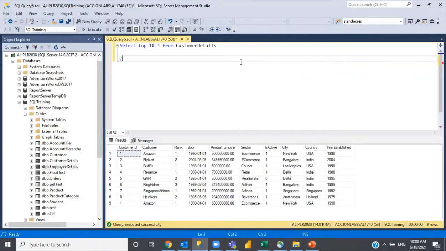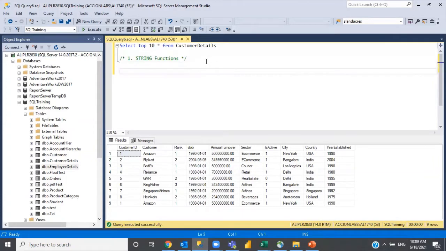If you want to provide comments, you can write like this. If you want to put any line in a comment and you don't want it considered for execution, just put a double hyphen like this, and anything after it will be considered a comment. Or you can write the same thing once you start with a forward slash and a star, and then end it using the same kind of syntax. So you can write comments like this.